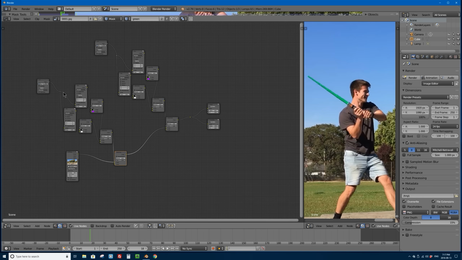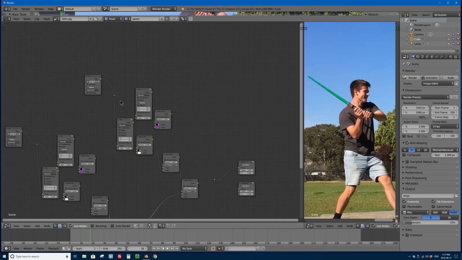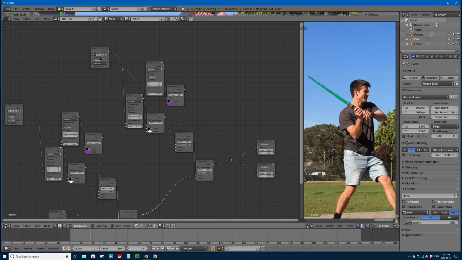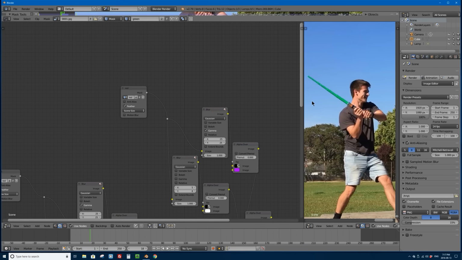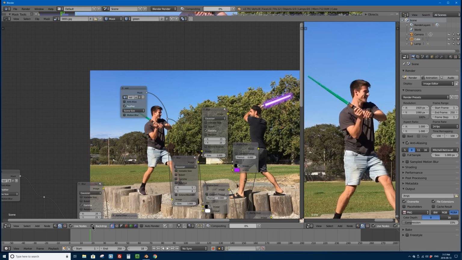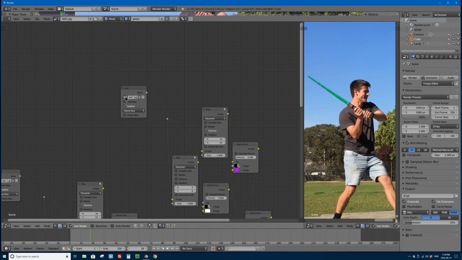It adds the first lightsaber, then it adds the second lightsaber, but the second lightsaber is using the same mask and the same color. I don't want to use the red mask because, as you can see, this isn't showing up yet. And if I go, actually that is the background, I was going to show you the backdrop, but it's the same thing. So I'm going to change this mask to green,